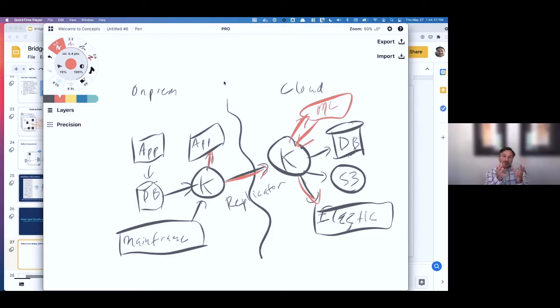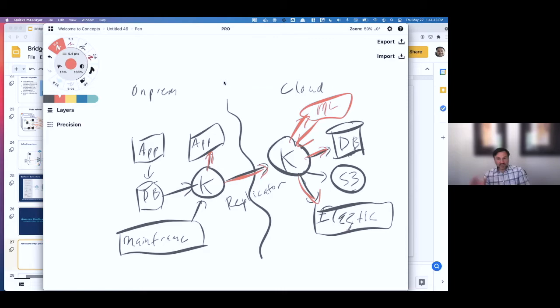You can have your raw data, but then you can also have this enriched version that has the results of your machine learning. And then again, anyone who wants access to that, you can send it to this database, you can send it to S3, you can send it to any client or customer you want. Again, with these 120 different connectors, it dramatically simplifies the work that you have to do.